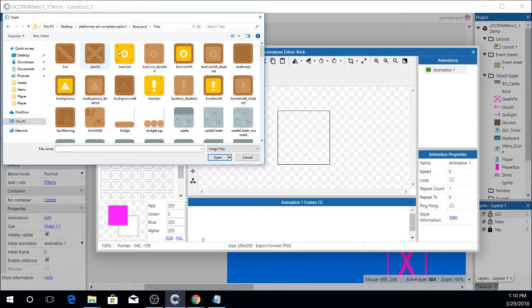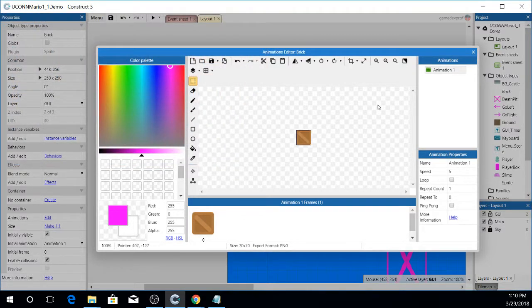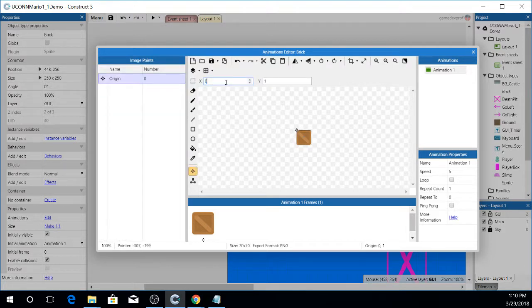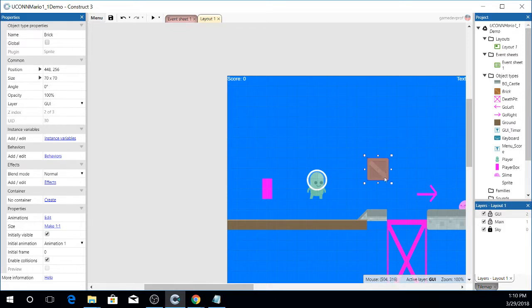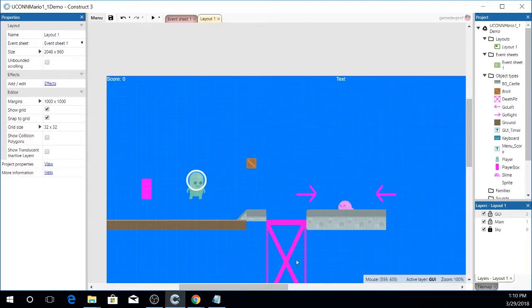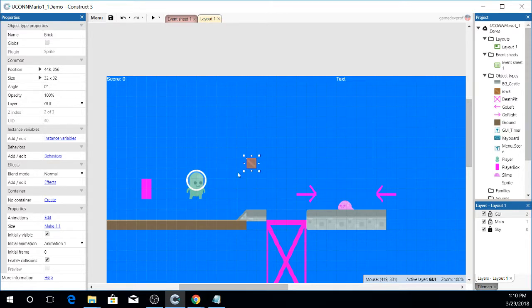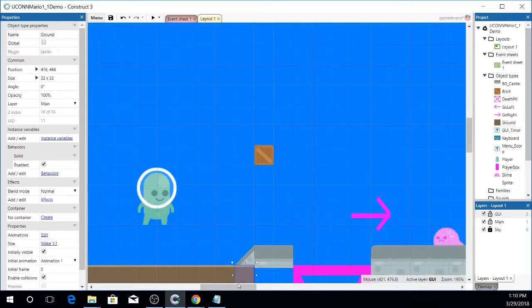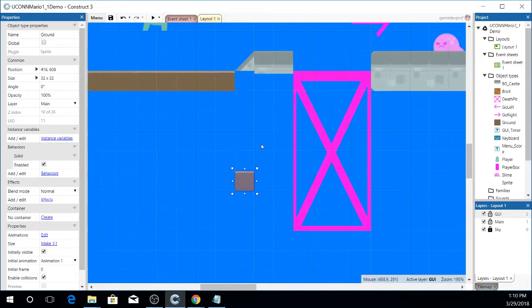I am going to use, since these boxes are so nice and have exclamation points and things, this box here with one cross. And let's make sure that the image point is at 0, 0. And let's make sure it's called brick. And let's make sure that the artwork is shaped to the right size of a standard brick. Now that we've got that,